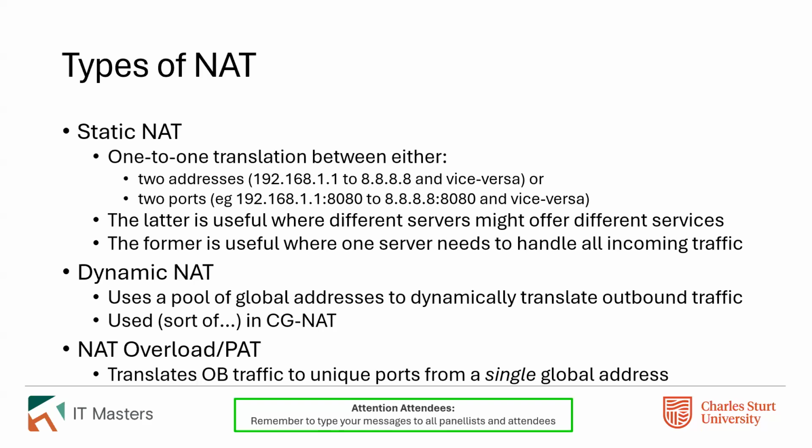So what dynamic NAT does to deal with that is basically use a pool of addresses. So instead of a one-to-one mapping between 192.168.1.1 and 8.8.8.8, you might have a many-to-many mapping where you might have several hundred or even several thousand internal addresses in use, and you might have several hundred external addresses that you have access to. And the mappings are just done on a needs basis, on a conversation by conversation basis.